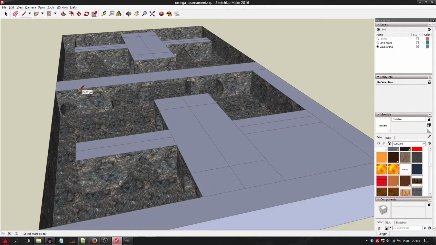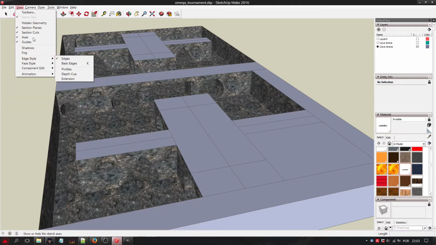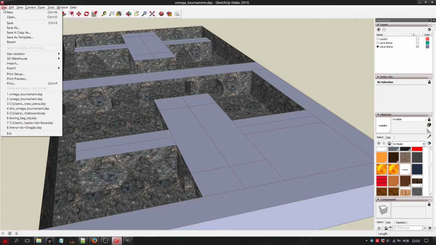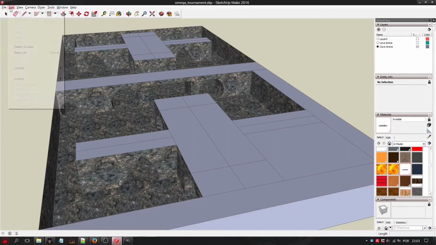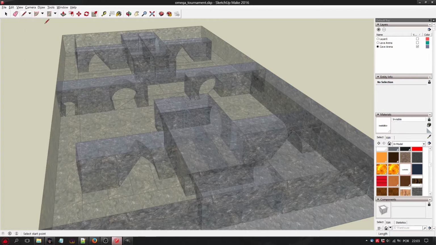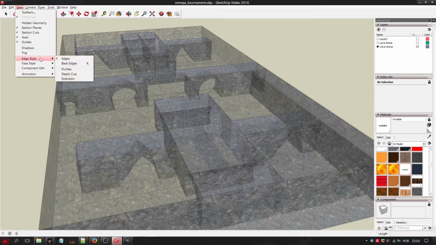Since now we have painted the arena with the textures, we'll use another view in SketchUp that is X-ray, that will allow us to see the planes more easily.